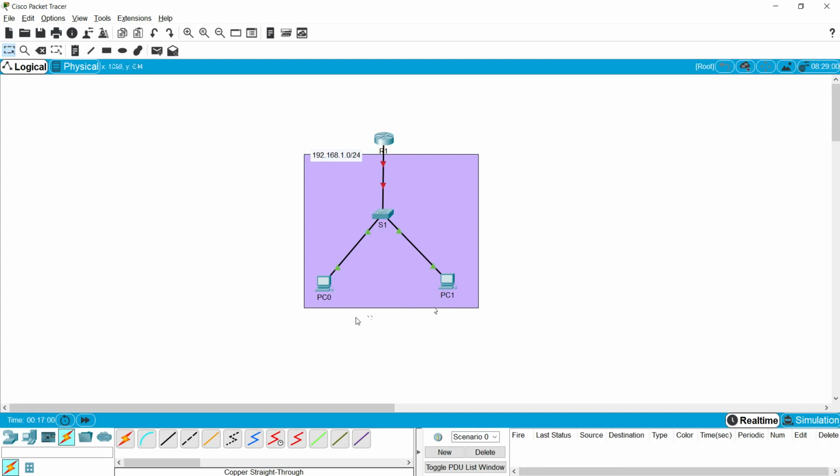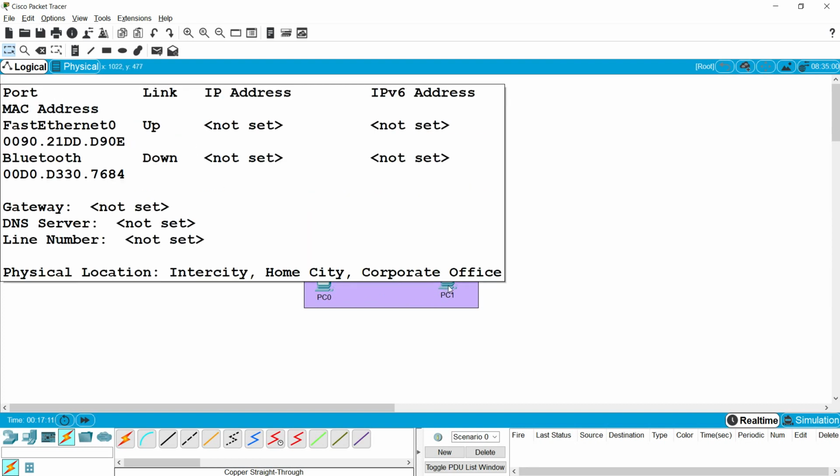Now we will assign IP addresses to these PCs, PC0 and PC1. We will use 192.168.1.10 and 192.168.1.11 as the IP addresses.